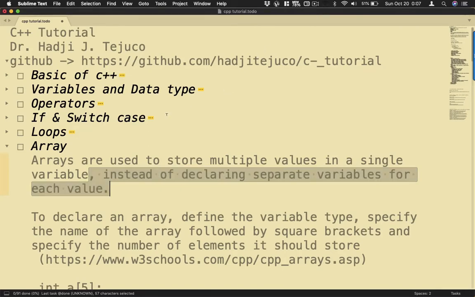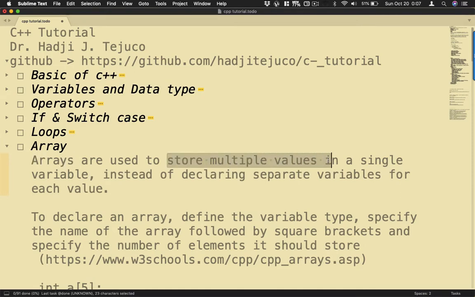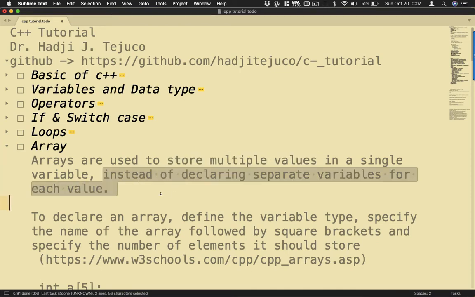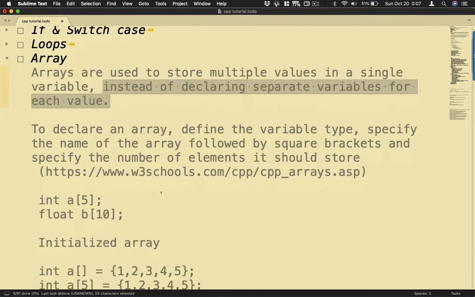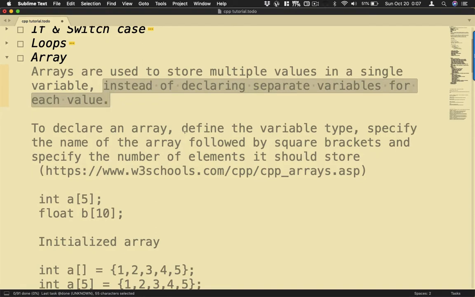In this video, I'm going to share to you arrays. So what are arrays? Arrays are used to store multiple values in a single variable instead of declaring separate variables for each value. To declare an array, what we need to do is, number one, we have to define the